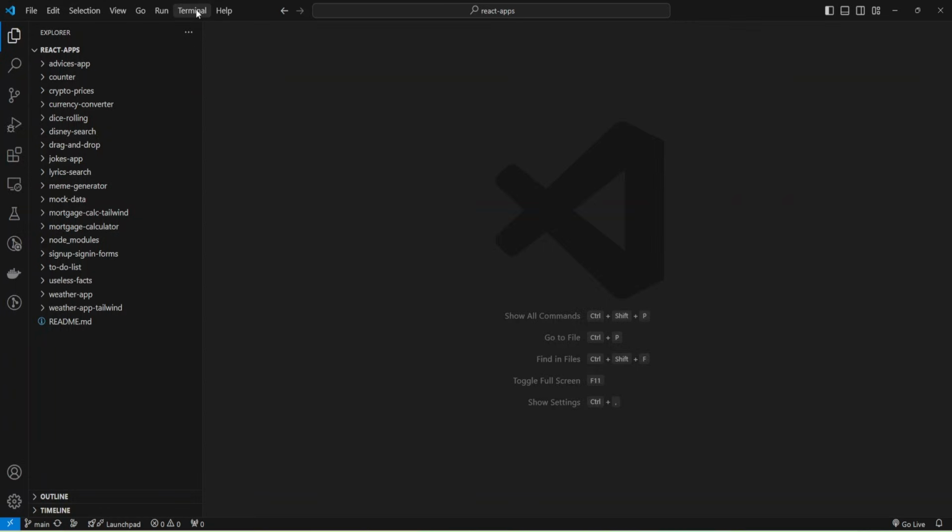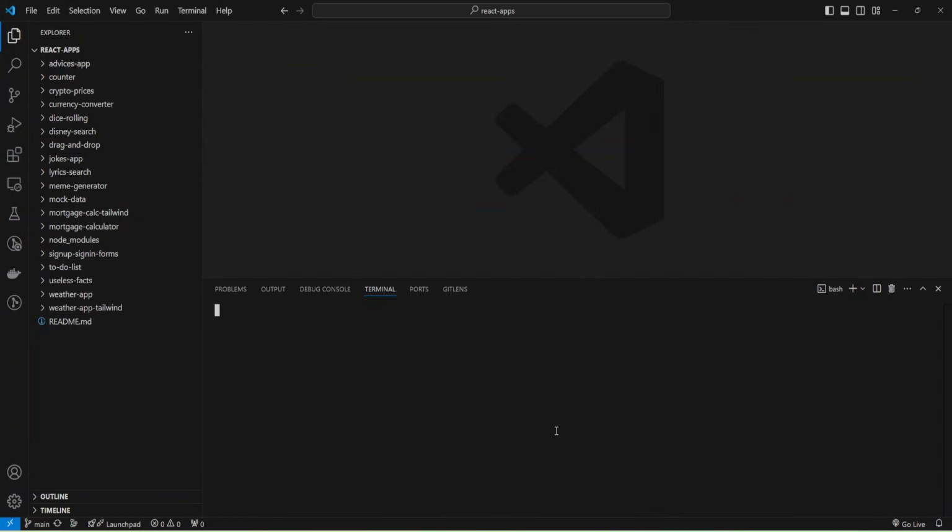I launched my Visual Studio Code, and now I'm going to create a new app, and will provide the command npm create vite@latest. And I need to provide the project name, and it will be react interview tasks.